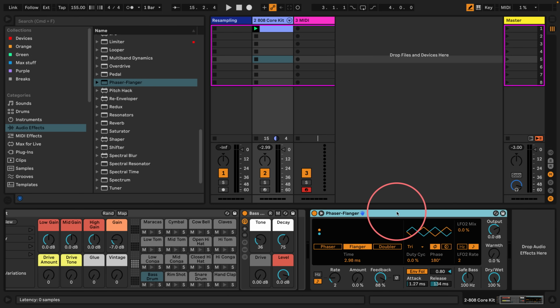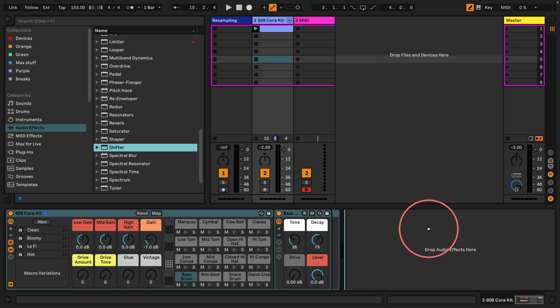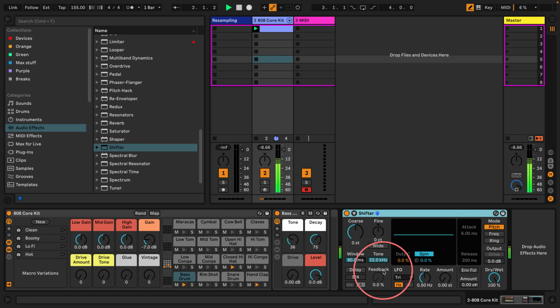What else is there? I think there's one in the Shifter as well. Let's have a look at the Shifter. Where's that then? Oh, there it is. So let's